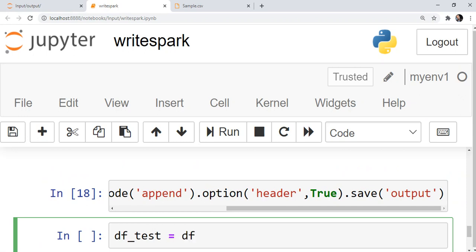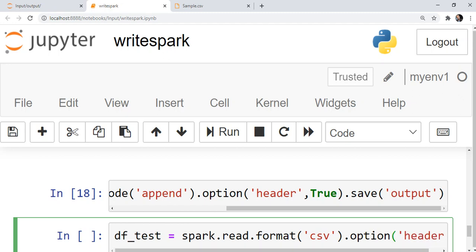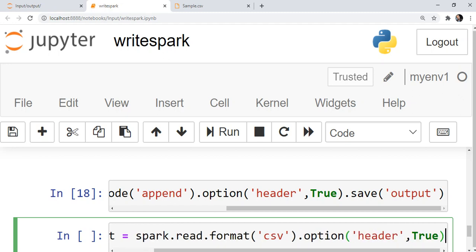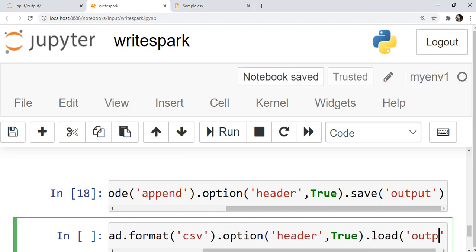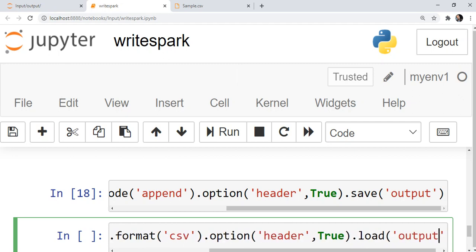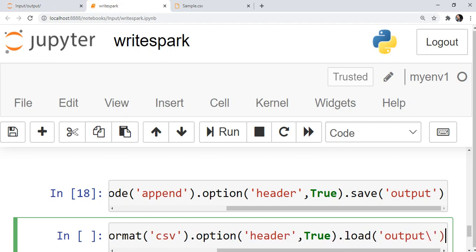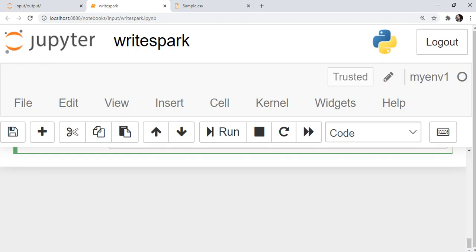So you can just mention spark.read.format, so we can read that again, csv, option header true, load. So we want to load from the output folder, that's it. We don't need to give file names. See what happens.